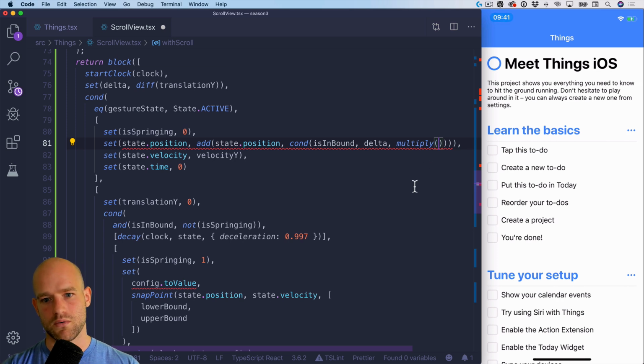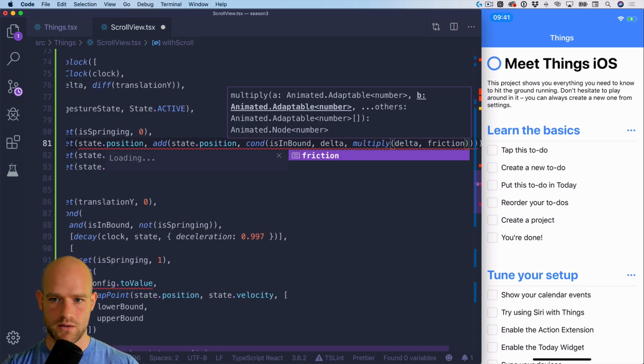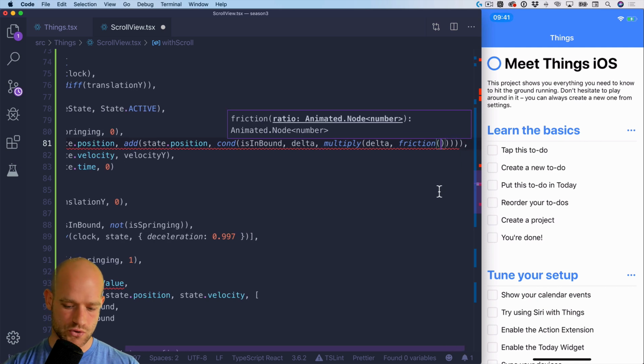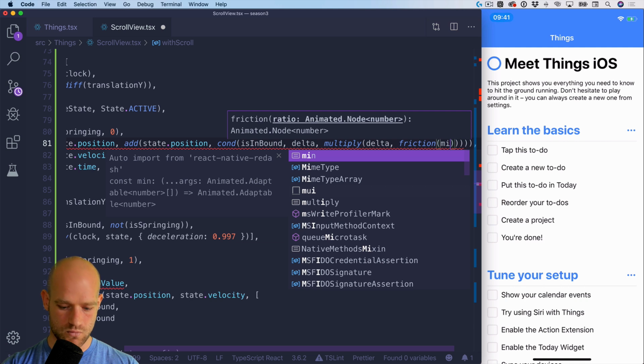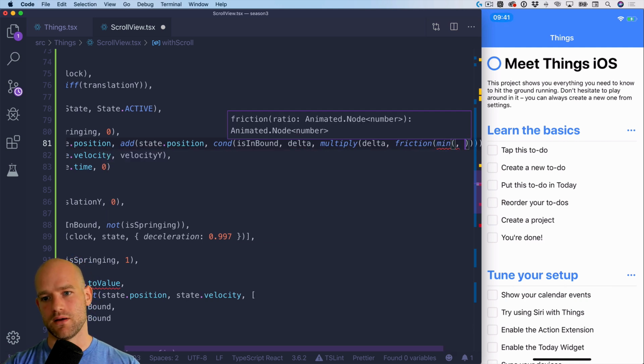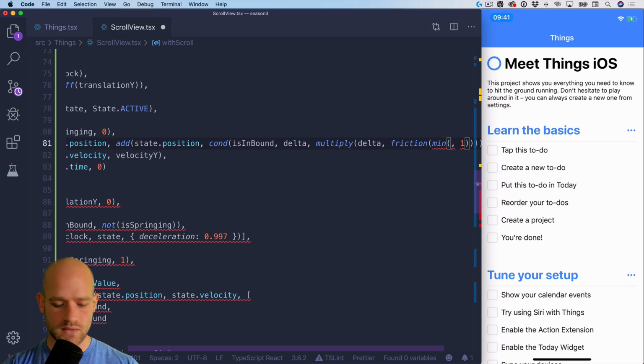So we multiply delta by friction. And here we need to give it a ratio. So the maximum value needs to be, so it goes from 0 to 1. So I'm going to add a min of 1 here, to make sure I never give a value as parameter bigger than 1. And I'm going to divide